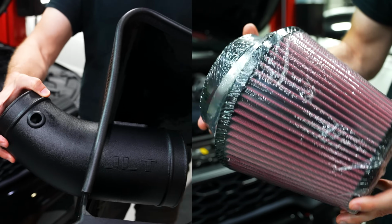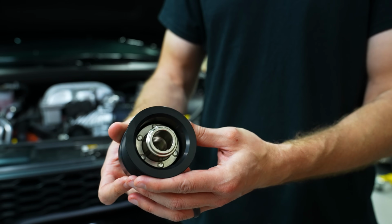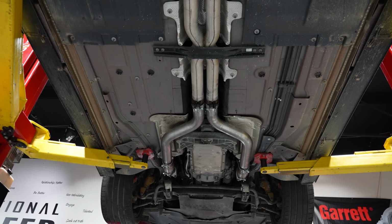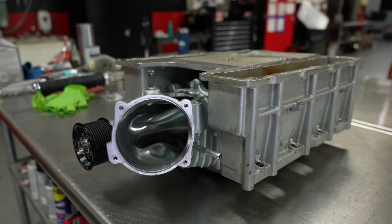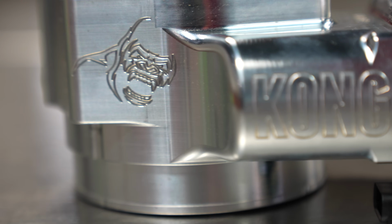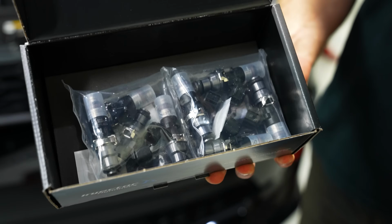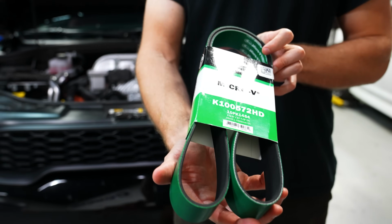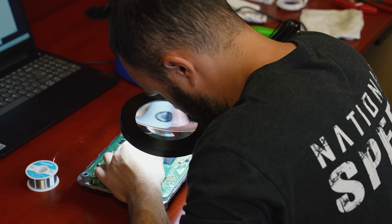JLT Performance 125mm air intake system, Metco 3.2-inch upper supercharger pulley, TBA Machine tensioner and idler pulleys, Stainless Works mid-pipe with EPA-compliant GESI catalytic converters, Kong Performance ported supercharger and snout, Kong Performance 108mm throttle body, Injector Dynamics ID1050X fuel injectors, pin crankshaft, Gates HD Fleet Runner green belt, properly gapped NGK LFR7AIX spark plugs, our in-house PCM unlock with